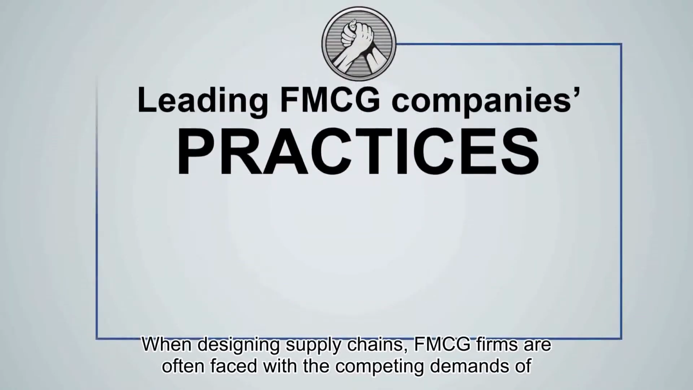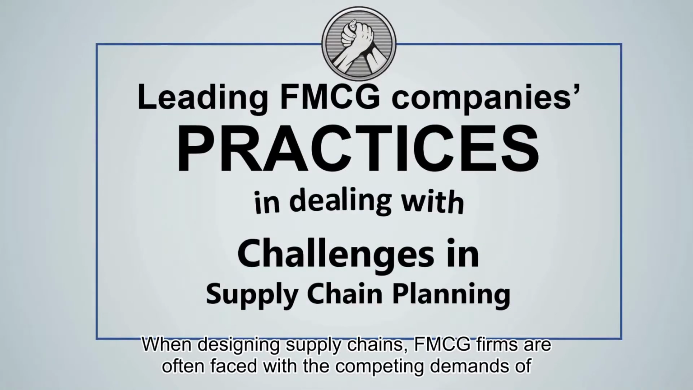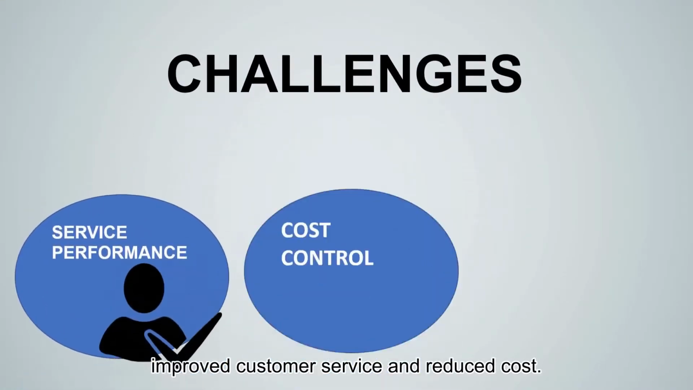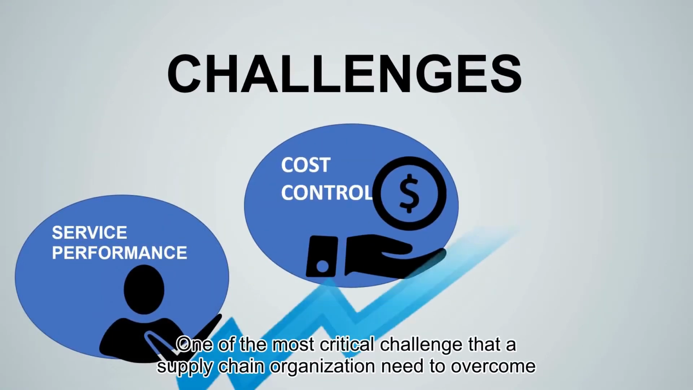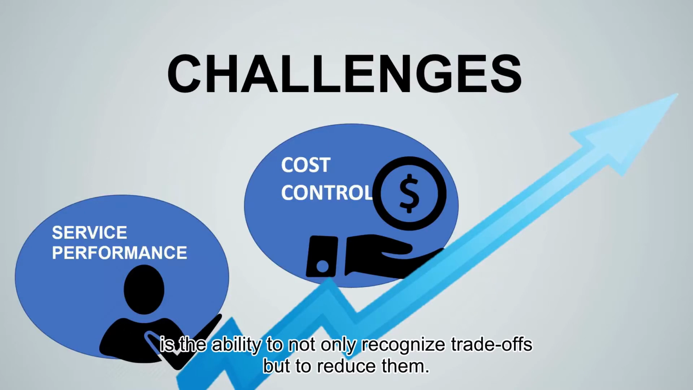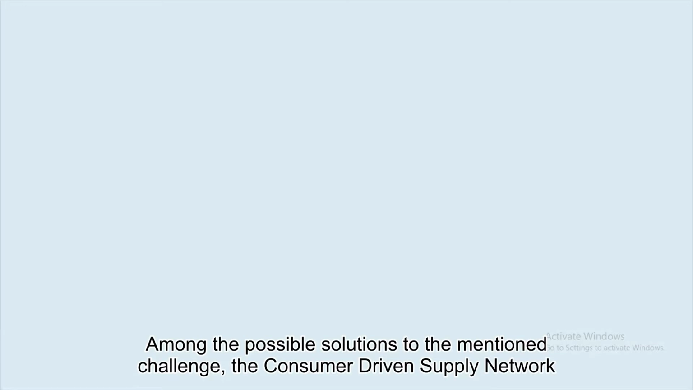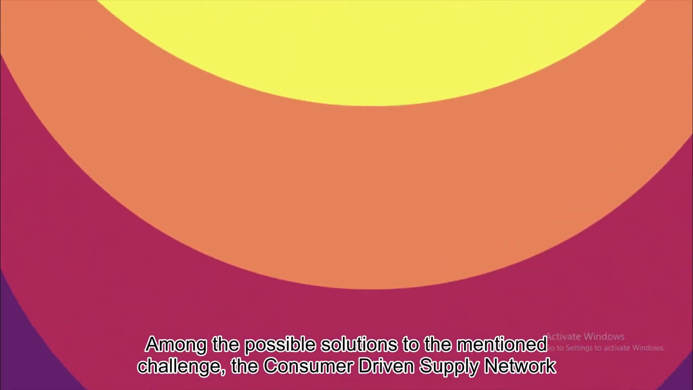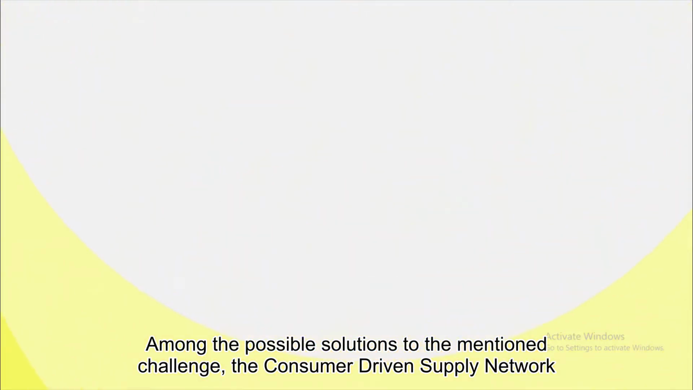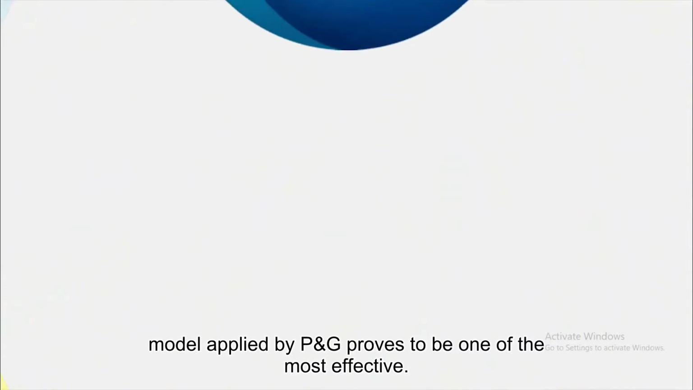When designing supply chains, FMCG firms are often faced with the competing demands of improved customer service and reduced costs. One of the most critical challenges that a supply chain organization needs to overcome is the ability to not only recognize trade-offs, but to reduce them. Among the possible solutions to the mentioned challenge, the consumer-driven supply network model applied by P&G proves to be one